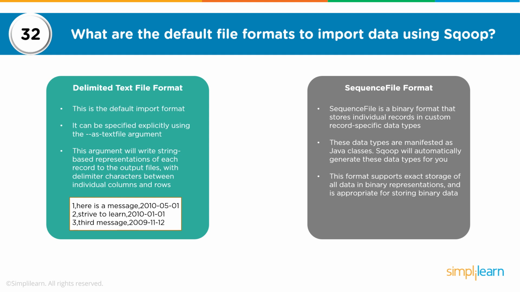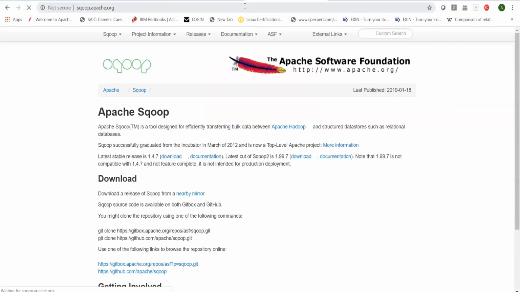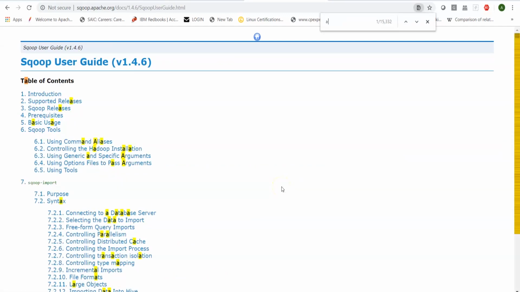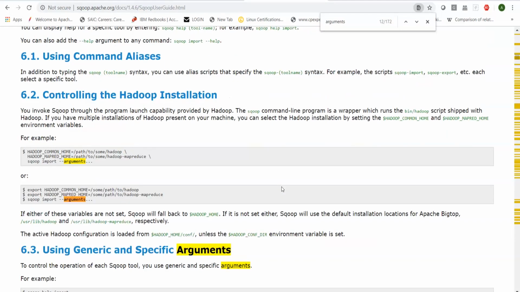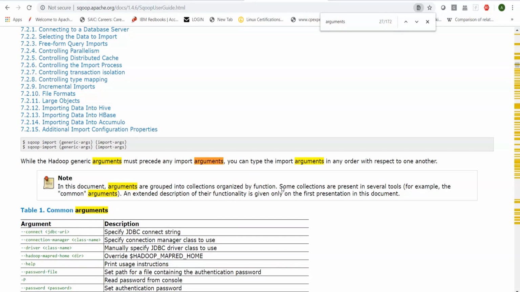To learn more about Sqoop and the different arguments which are available, you can go to sqoop.apache.org. You can look into the documentation, and I would suggest choosing one of the versions and looking into the user guide. Here you can search for arguments and look for specific control arguments which show how you can import data using Sqoop.